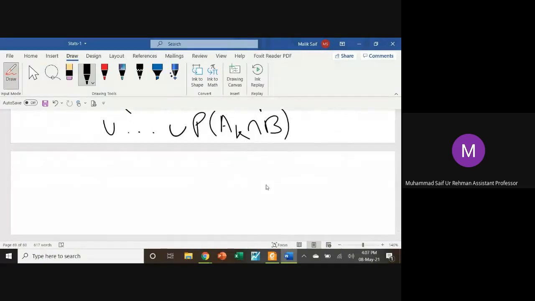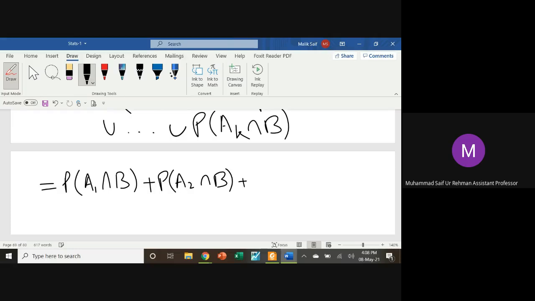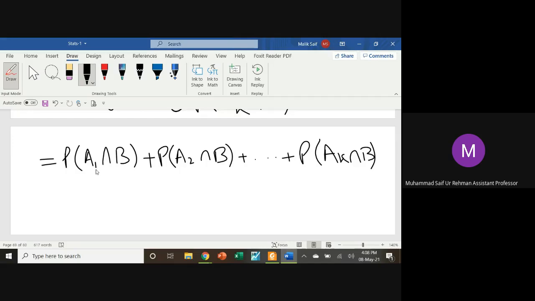So you may write down the positive sign, and you may write the probabilities as A1 intersection B plus, simply instead of writing union, simply write down the plus sign, A2 intersection B plus so on up to probability of AK intersection B. Fine. So now you can see that only the subscripts with A are changing, 1, 2, 3, so on up to K, but B is the same. So you may write it down as,